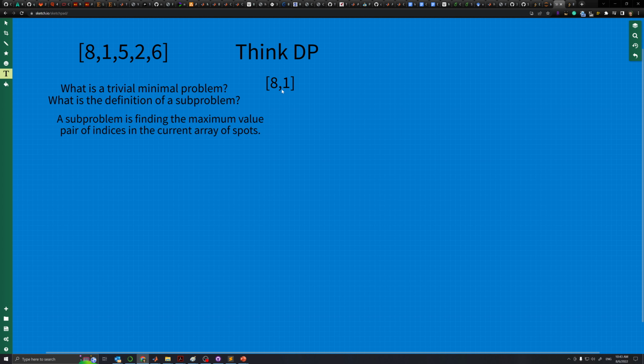So the first subproblem we're going to solve is this, and then we're going to build from the bottom